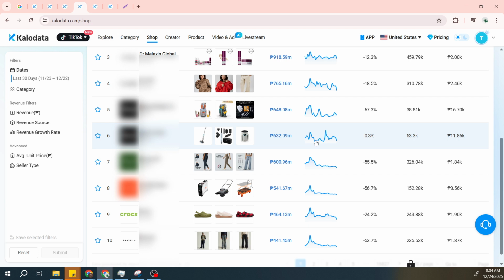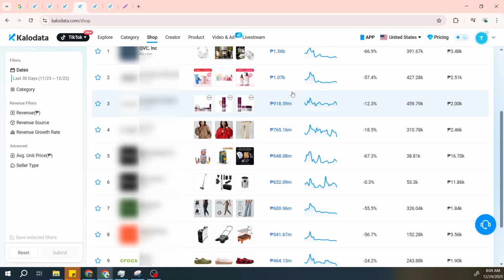When a product stands out, click into it to see which creators promoted it. Watch their videos and analyze the opening hook, the flow of the script, demonstrations, social proof, and the call to action. Note the pacing, length, and visuals they use. Pull out the principles that appear across multiple high performers and adapt them to your brand and audience instead of